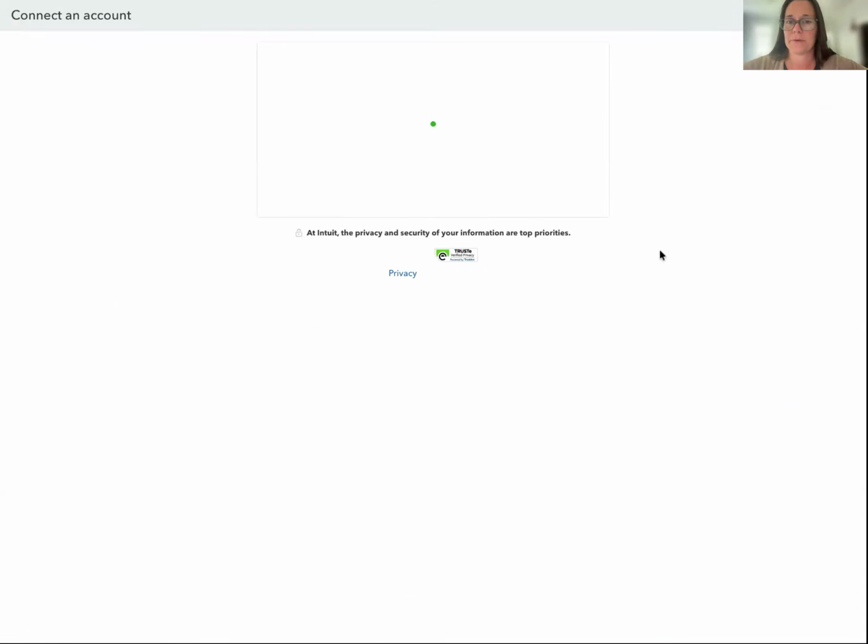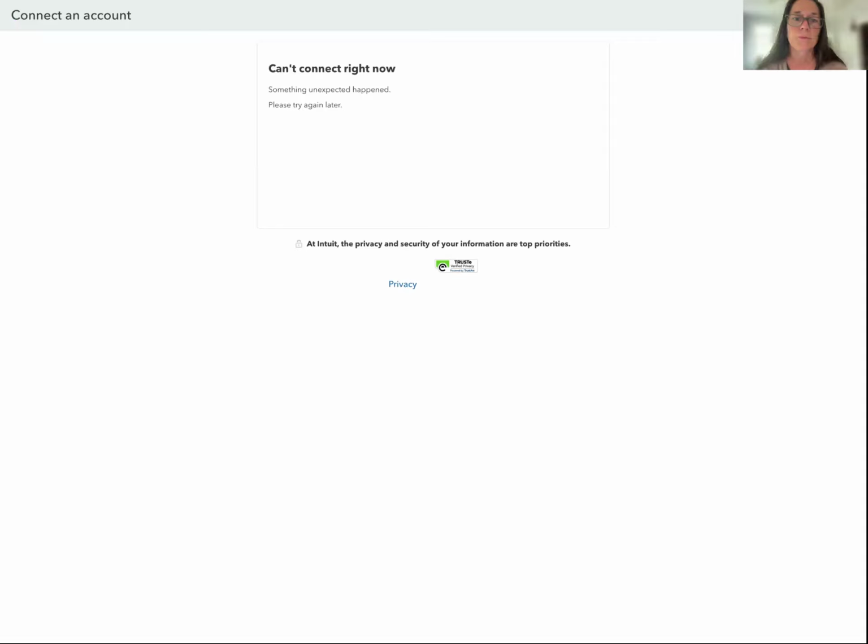Here we go. I guess it's not going to work right now. Obviously, we're in the test drive, but it will ask you what your bank is. So if it's Truist, you'll type in Truist, and then it will ask you to put in your user ID and password for your Truist bank. And Truist and QuickBooks will communicate to one another in a one-way fashion. So your data goes from Truist to QuickBooks. It can't go from QuickBooks to Truist, right? It's a one-way feed. But it will start pulling in all of your data, all of your transactions into QuickBooks